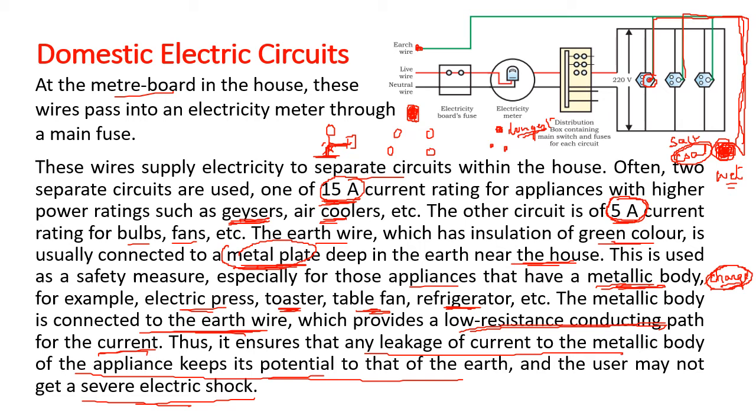So this was the domestic circuit. Again we see the live wire and the neutral wire of 220 volt. There is a fuse to protect the circuits. There is a meter to read the energy which you are using for the electric bill, and we will talk about the fuse also. But you must have noticed the fuse is always on the live wire. It is never on the neutral wire. The fuse is always kept on the live wire.